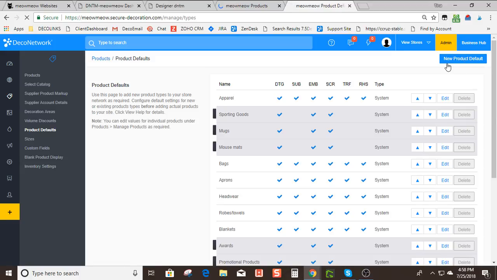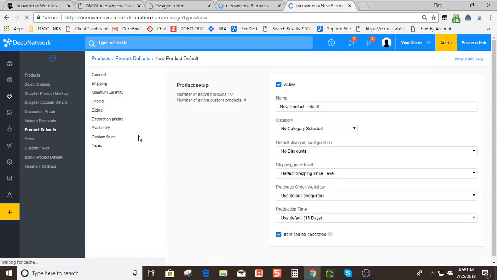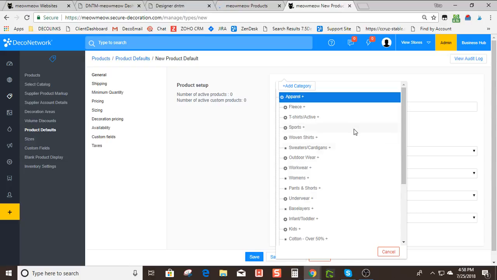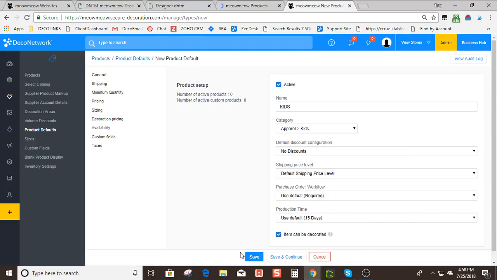And we're going to create a new product default. We're going to name this default kids. And we're going to select the category of kids. And it says default discount configuration. So with the product defaults, you can do a lot of different stuff. This is going to give you the ability to